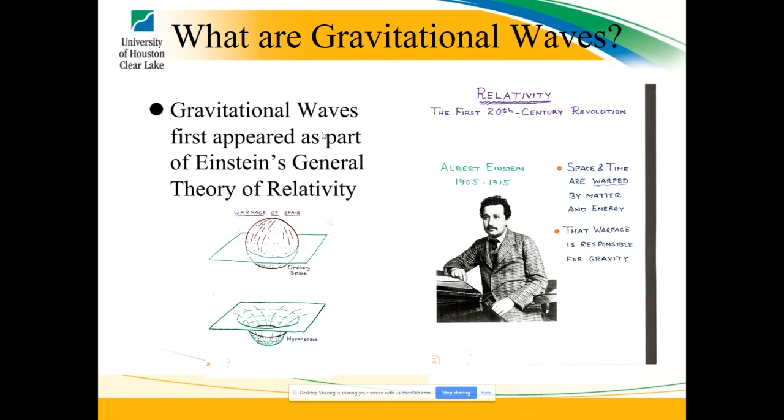The basic idea of relativity is that the speed of light is the same for every observer. And as a consequence, as something gets closer to the speed of light, the physics changes. And so you can end up getting some really interesting effects like time dilation and length contraction. The interesting thing to me about the theory of relativity that he first came up with in 1905 was that at the time,